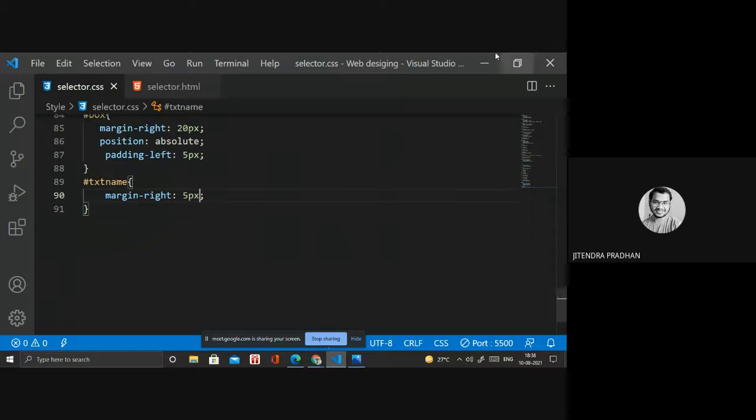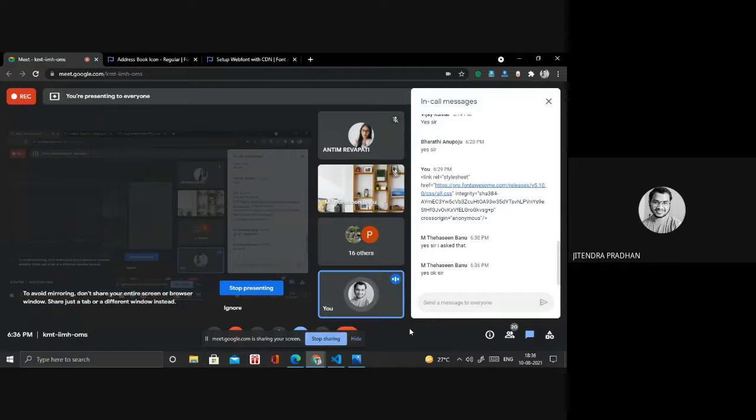So next we are discussing color. In HTML, I already told you how the hexadecimal code is designed by using 16 values: 0 1 2 3 4 5 6 7 8 9 A B C D E F. By using 16 values, we are designing the hexadecimal code. Okay, and we have 16 million colors in CSS.